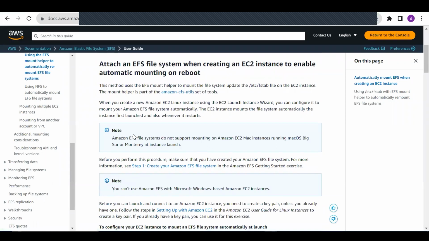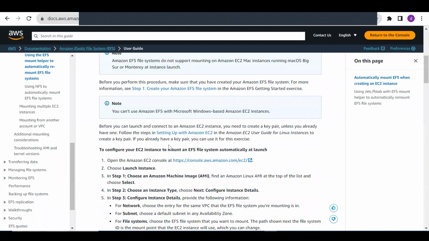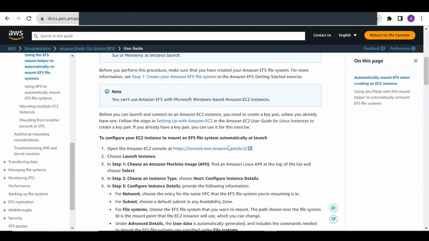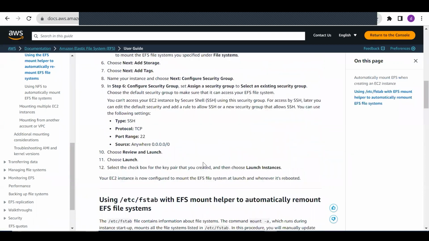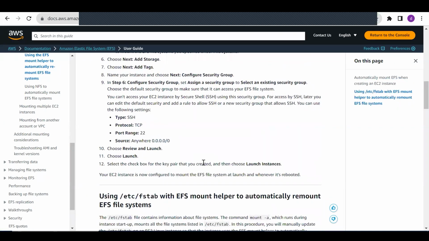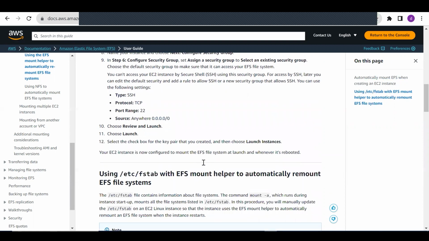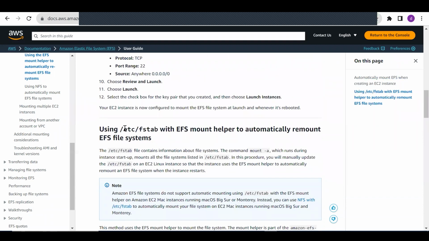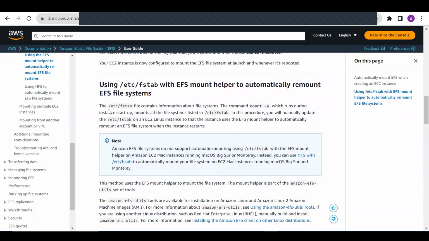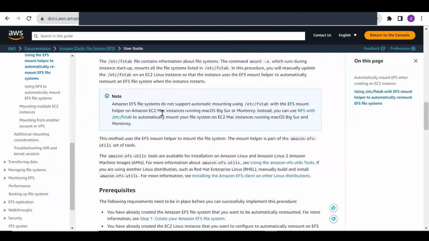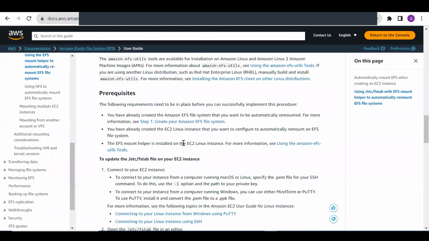Here, what they are saying is to configure automatically at launch, using /etc/fstab with the EFS mount helper to automatically remount the EFS file system. The /etc/fstab file contains information that mount -a uses, which runs during instance startup. We'll run this command, mount -a, and then it will be mounted. We will see how to mount on this one.